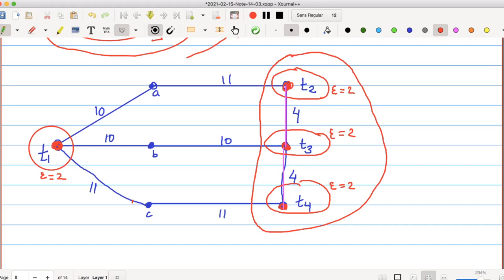And this dual variable which contains T1, that is still under consideration, right? So right now, what are the connected components? T2, T3, T4 are in one component. T1 is in one component. A, B, C are their own components, right? But we are not considering A, B, C because they won't give us interesting cuts. So right now we have only two dual variables.